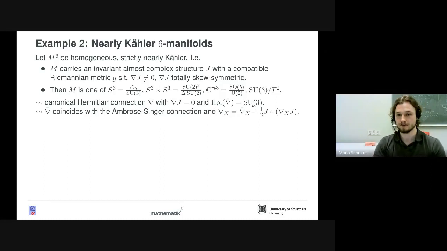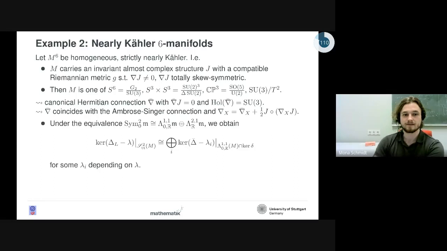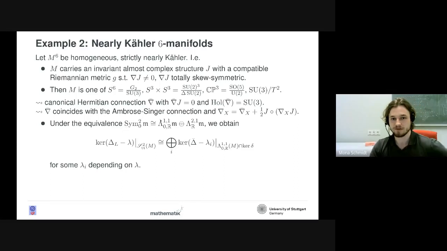And we have this comparison formula between the Levi-Civita connection and the Ambrose-Singer connection. This is in terms of the almost complex structure. And yeah, now we can do a similar spiel. So we can take the traceless tensors, take this fiber here, and take some equivalents so it gets easier to work with. It turns out it's equivalent to a sum of these two summands.